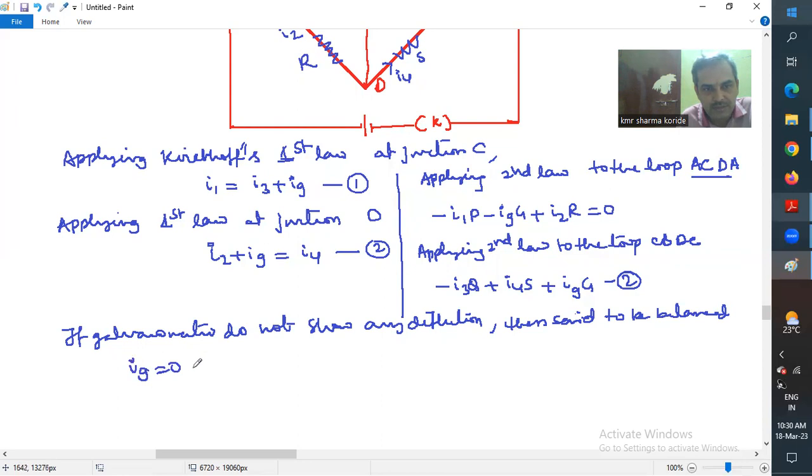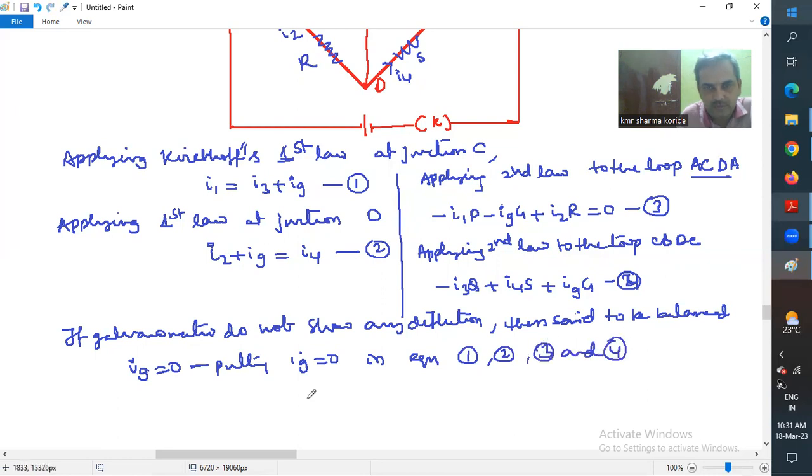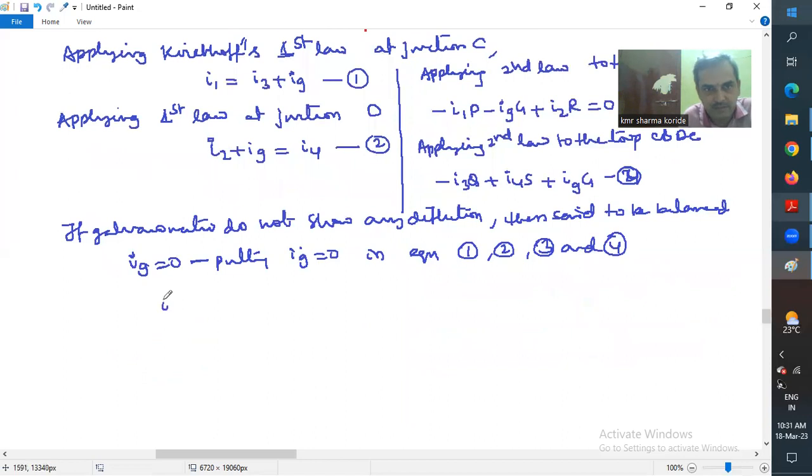Putting this Ig in equation 1, 2, 3, and 4. So you call this is 3, you call this is 4. So putting Ig equal to 0 in equation 1, 2, 3, and 4. So first equation transferred as I1 equal to, making Ig 0,